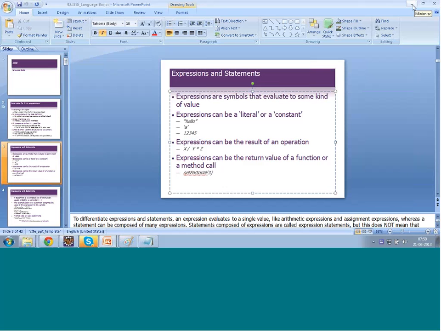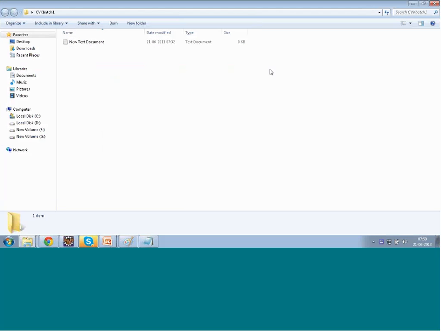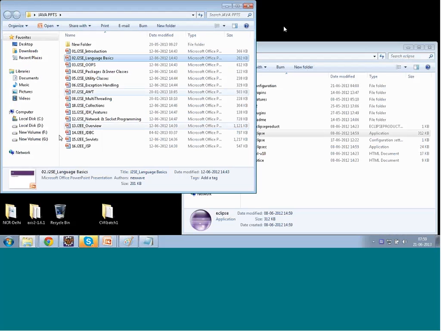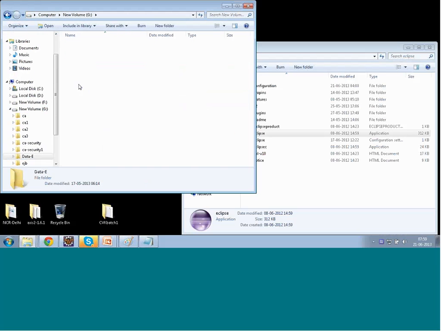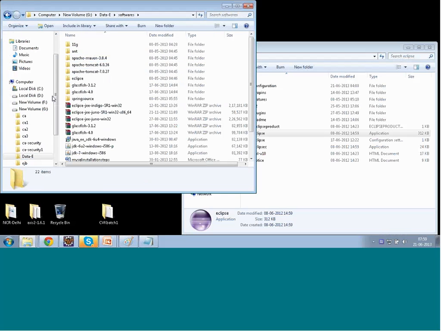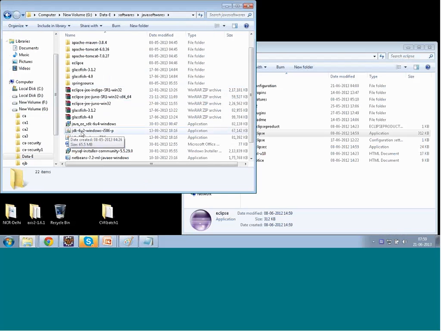Before that, let me also start with what is Java and how to install Java. See here, I am going to share the Java software from my system. This is the Java installation file. First of all, you have to install this. Able to see? This is JDK 6 or JDK 7. Either installation file you need to install first. Once it is on your machine, you just double click and follow certain steps like next. Once you install that, you will get a folder called Java